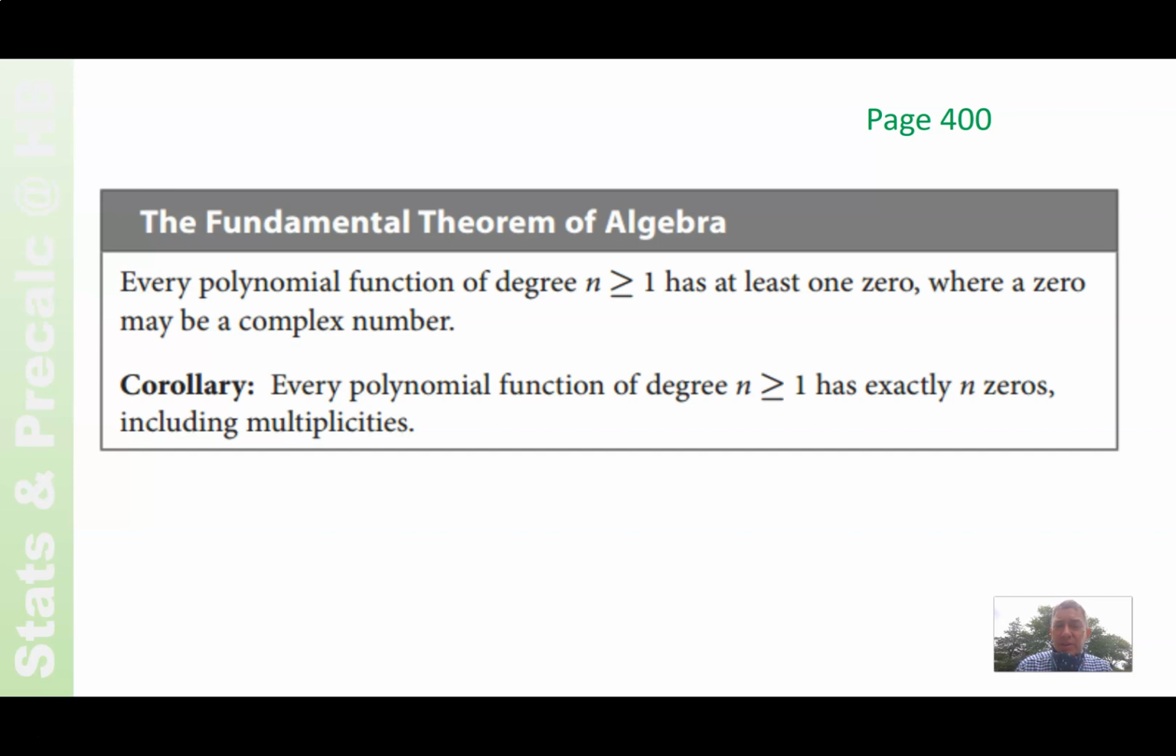Every polynomial of degree 1 or more has at least one zero that might be complex, and in fact it has exactly n zeros. If it's a 5th degree polynomial, it has 5 zeros. If it's a 12th degree polynomial, it has 12 zeros. If it's a 713th degree polynomial, it has 713 zeros. There it is. Good to